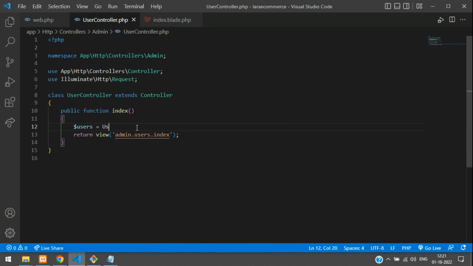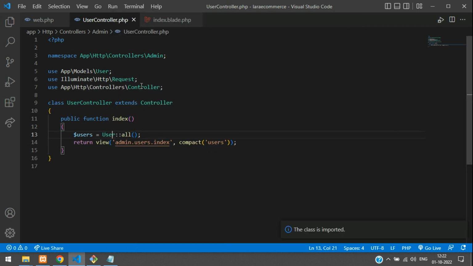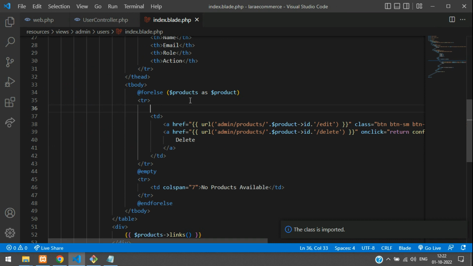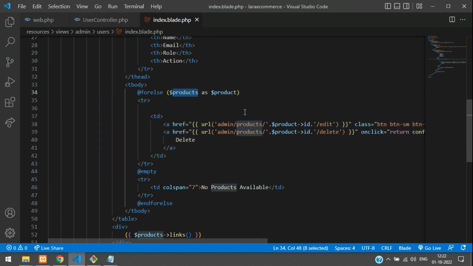equal to your User model, just get all the users. And now let's copy this and send it in a compact function. Paste. Now import this User model. Class imported, guys. Now let's get back to this blade file with the variable users. So let's go to that index blade, add this forelse. Okay, add this forelse, we are going to paste this users as